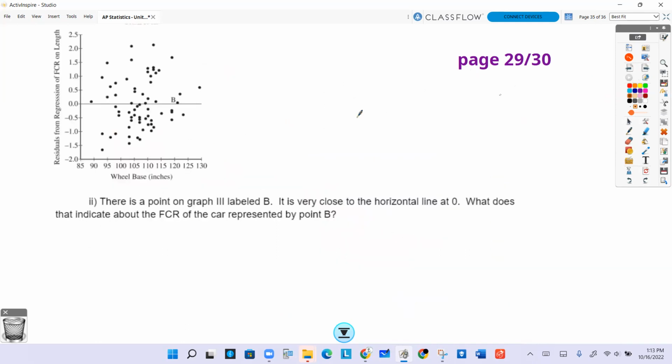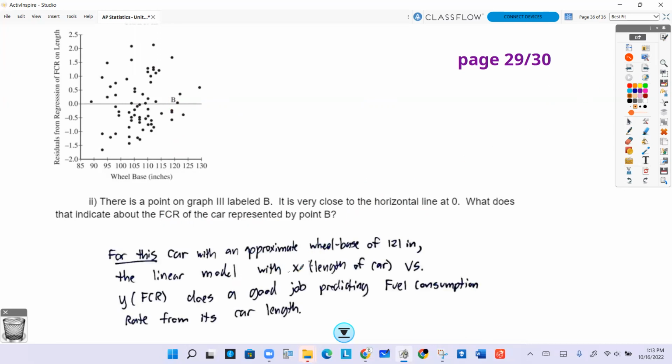Okay, part C, or part 2 of that problem. There is a point on graph 3 labeled B right there. And the question simply says, it is very close to the horizontal line at 0. What does that indicate about the FCR of the car represented by point B? And what I said here, for at that particular wheelbase of what seems to be like 121, 122, something like that,